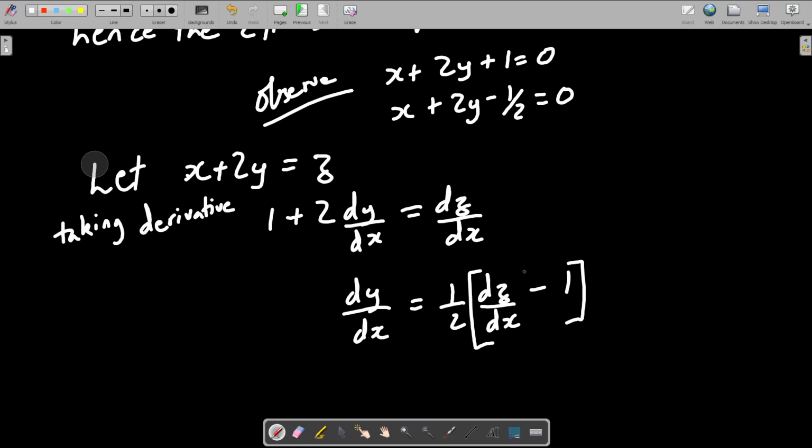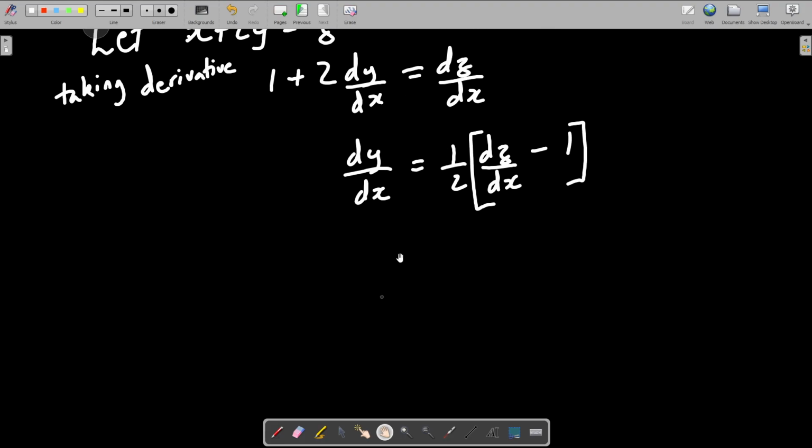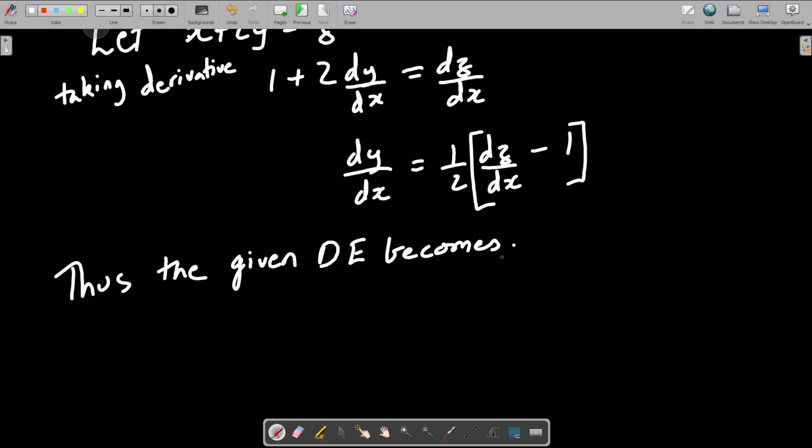Okay, so the given differential equation becomes, yeah, the LHS will become half times (dz by dx minus 1), and the RHS will become,